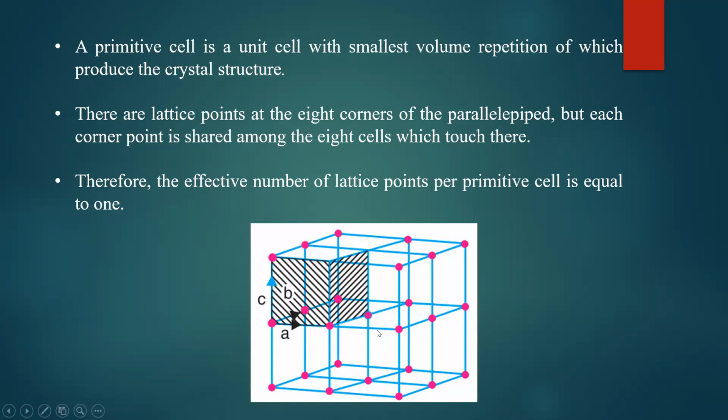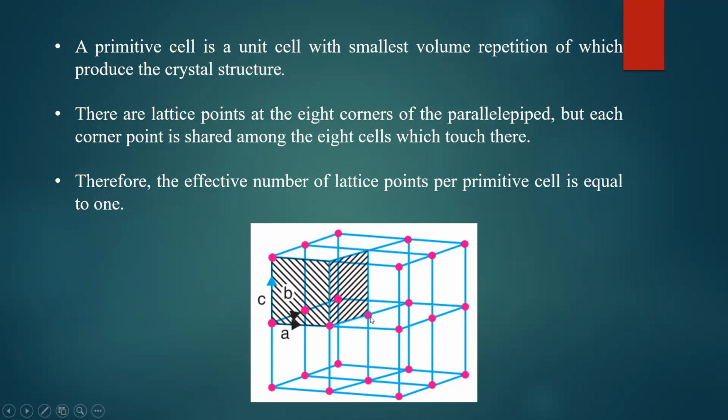So now consider this diagram. You consider this center lattice point, the lattice point which is at the center. And here you can observe 8 unit cells arranged in a regular pattern. 8 unit cells are there. And the crystallographic axes are A, B, and C. So this has length A, breadth B, height C. That is one unit cell. You consider this center lattice point. So it is shared by 8 unit cells.